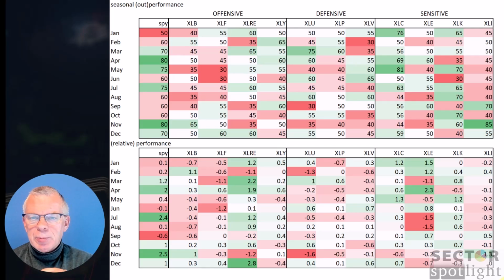And let's wrap it up with a quick look at seasonality. It's the last show of this month. Next week we will be at a new month of February, so we're going to take a look at the seasonal numbers, the seasonal expectations for the coming month of February using the spreadsheet that the regulars are already familiar with. I've updated it up until December of 2023,